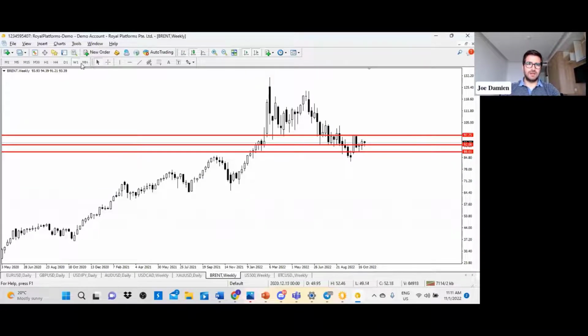Brent UK oil. The market here is moving to the upside on the weekly time frame. We have a breakout of this bearish trend line. Here, a bullish engulfing pattern, an inside bar, another bullish engulfing pattern. The market is sitting around the 92.08, which is here,